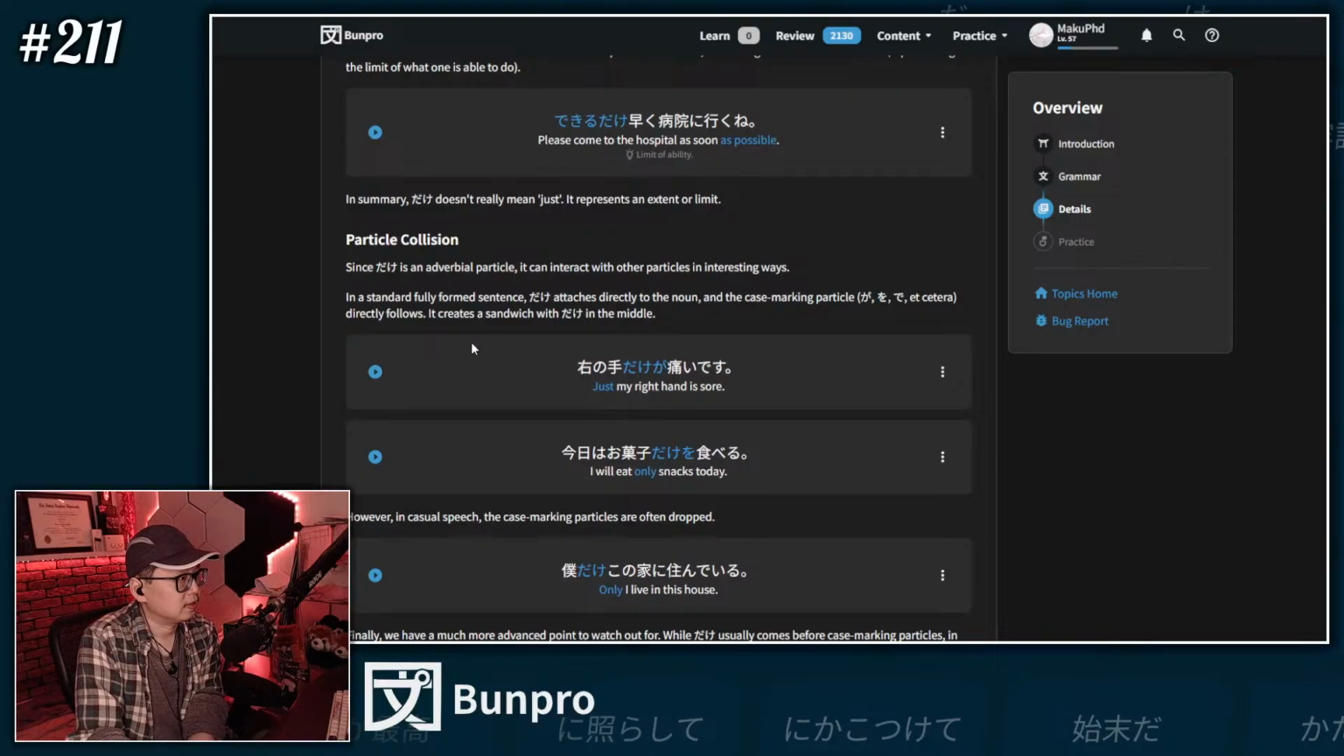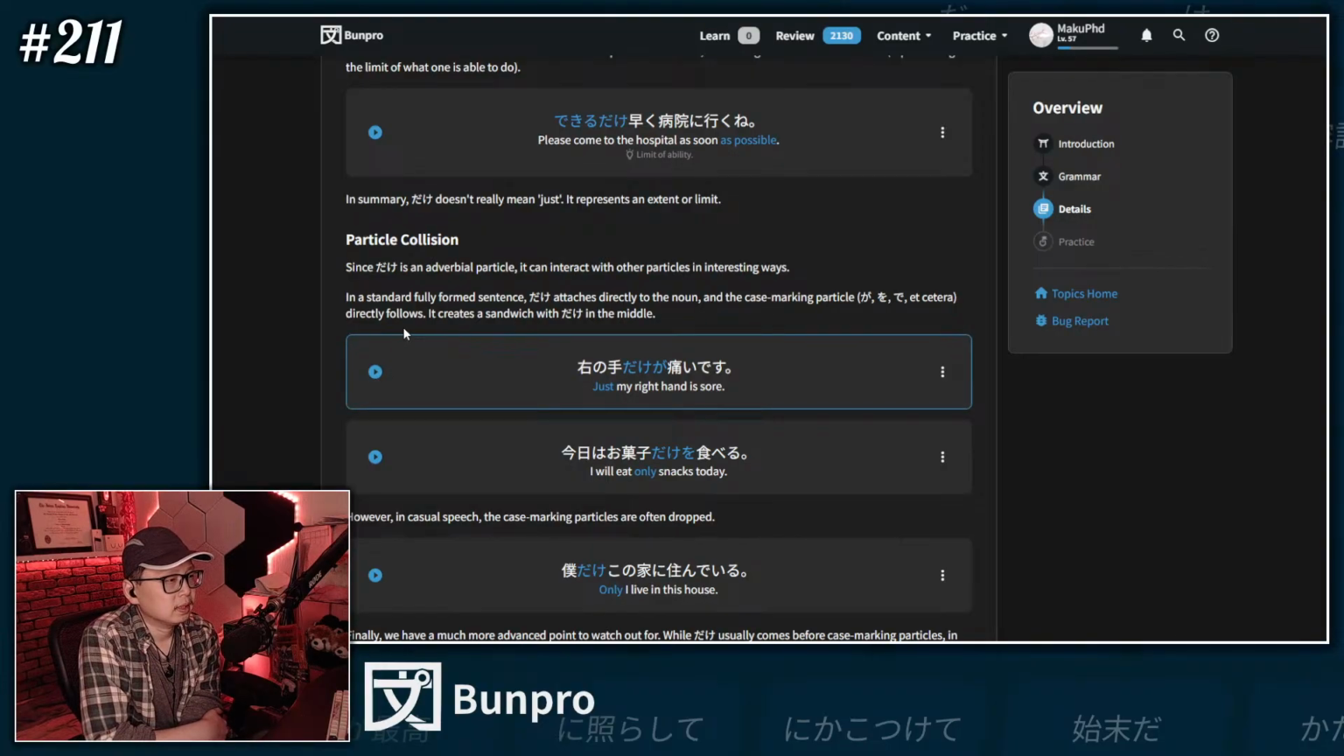Particle collision. Since dake is an adverbial particle, it can interact with other particles in interesting ways. In a standard fully formed sentence, dake attaches directly to the noun. And the case marking particle ga, wo, de, etc. directly follows. It creates a sandwich with dake in the middle. I see. 右の手だけが痛いです。